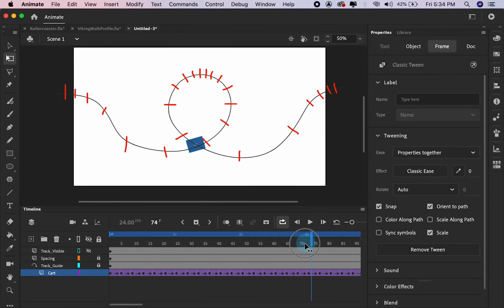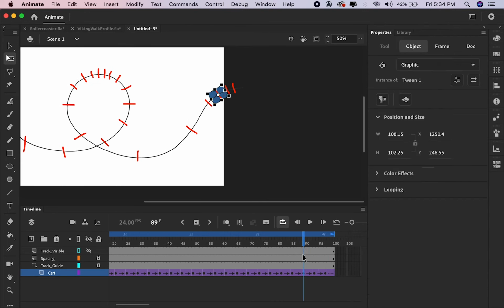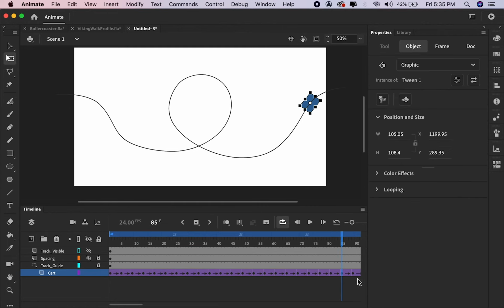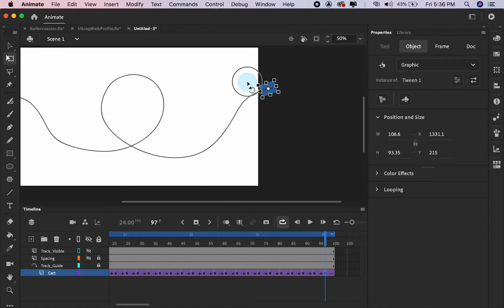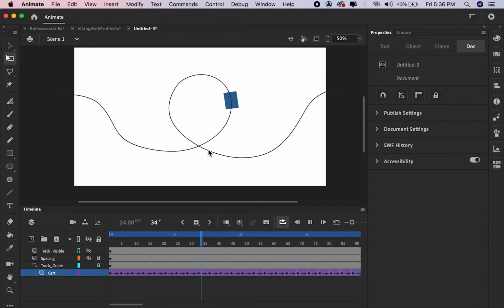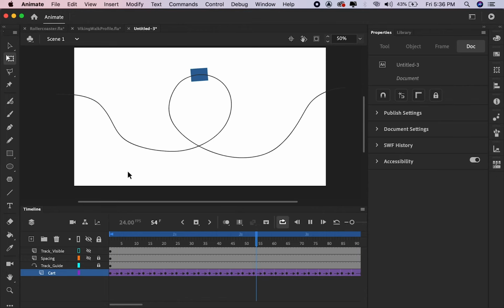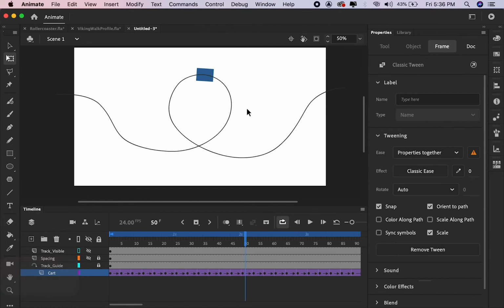Yes, this is all sped up, for your convenience, but I have to keep going through and tweaking it until we don't have anything that seems too wonky. And so I'm taking off that spacing because we don't really need it anymore. We'll play through this. It's starting to look good. And now we have that really believable sense of weight. It's not perfect, but I think now we have a better sense of how we can really control our animations